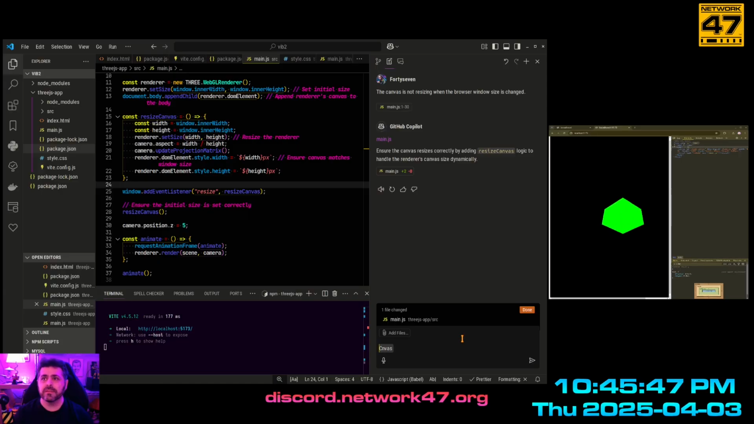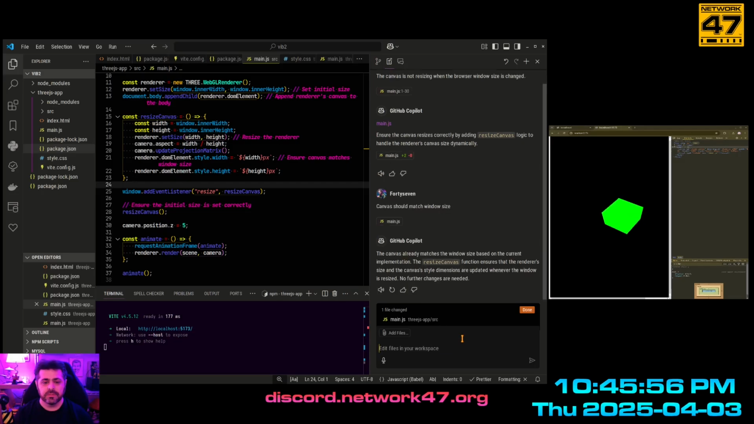Canvas should match window size. The canvas already matches the window size based on the current implementation. A resize canvas function ensures that the renderer size and canvas style dimensions are updated when the window is resized. No other changes are needed. Well,